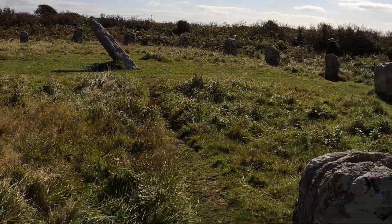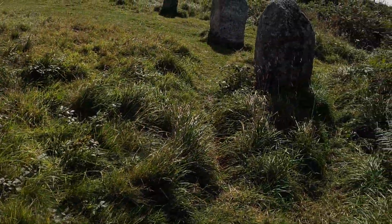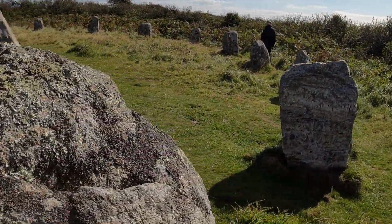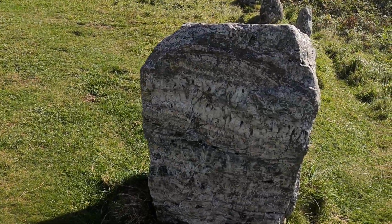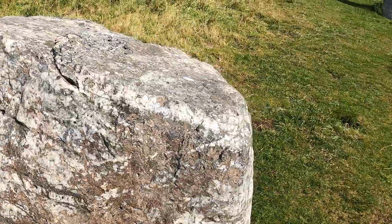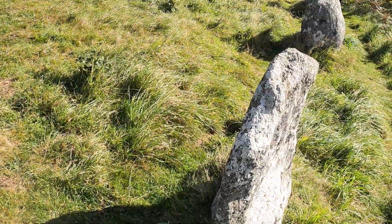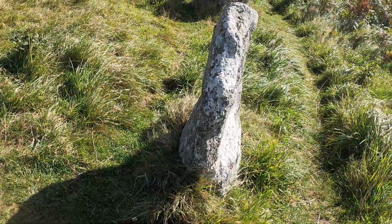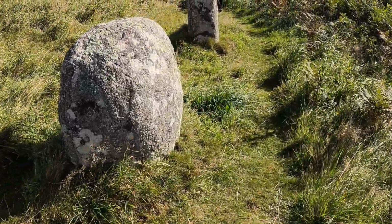As we wander around the stones, some are fairly square, and some are more rotund and rounded, with some of them tapering, lots of the local igneous rock. And we have a very unusual one here, very quartzy igneous type rock that stands out amongst all these other stones. This is actually squared and less roughly hewn than the others. There's a very slabbed lidded stone, very thin. So lots of different stones here, very round stone. And as we come along,